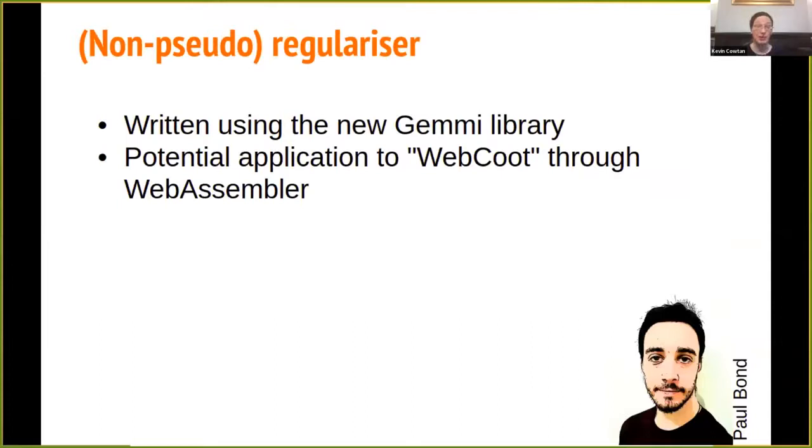Paul has also done some other work. He's written a conventional regularizer to do normal bond length and angle restraints. This has been done using the GEMI library plus some methods inherited from Coot. Now he tried this in the shift field calculation, and it didn't show any benefits in any way that we could see. However, this will be very useful because one of the things Marcin has done with the GEMI library